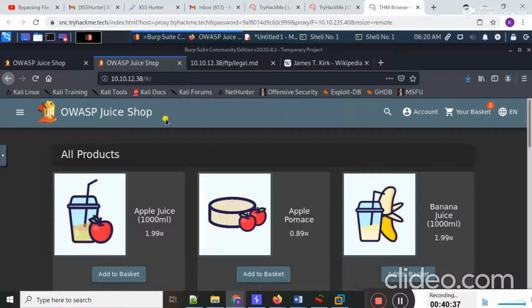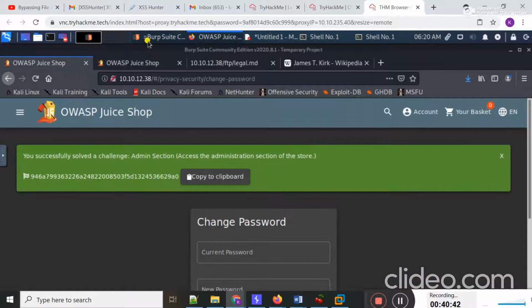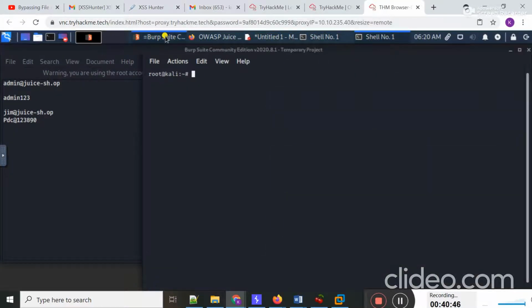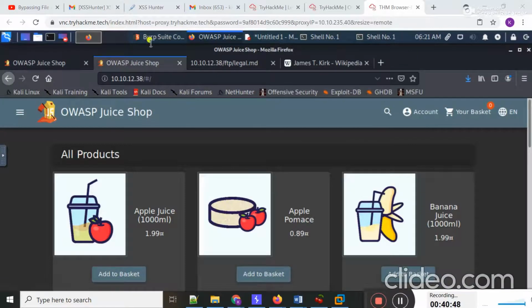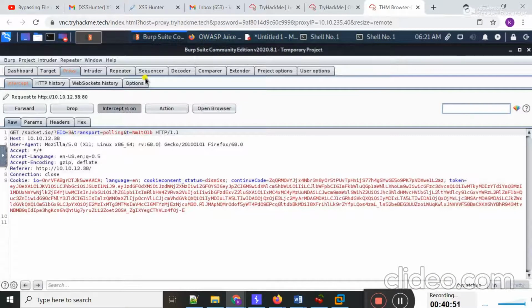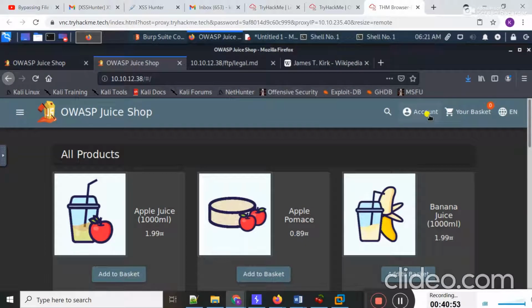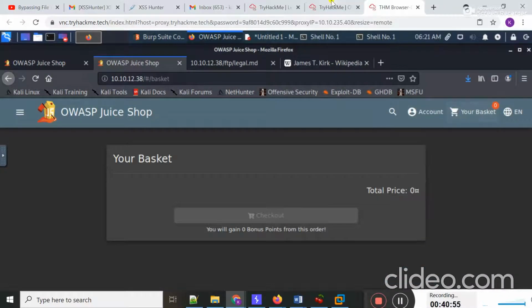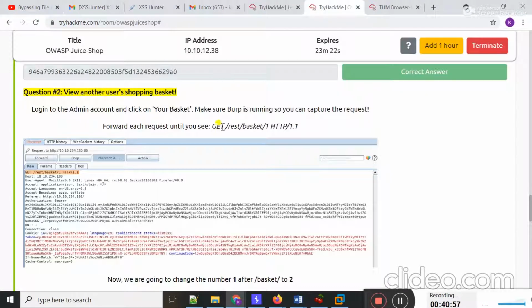I'm going to turn on Burp Suite. Burp Suite intercept should be on in order to capture this request. Okay, click on your basket.